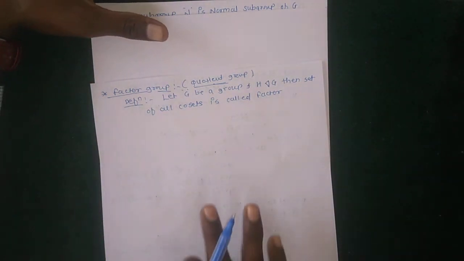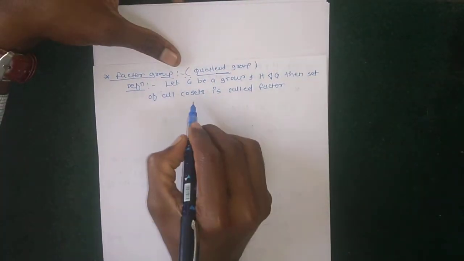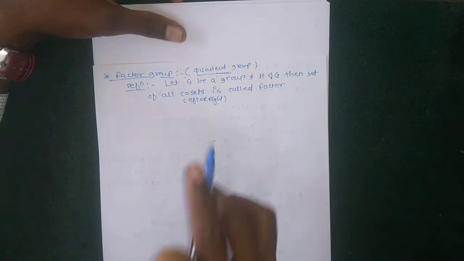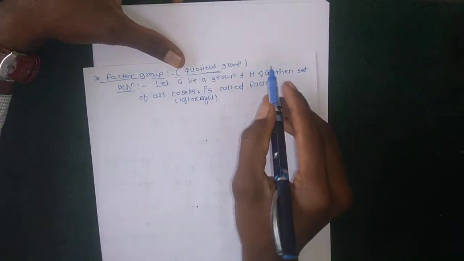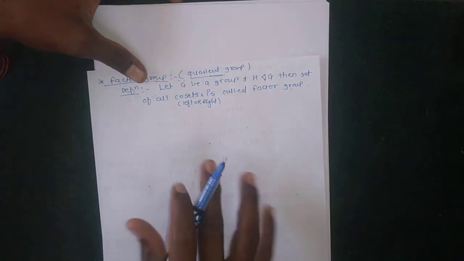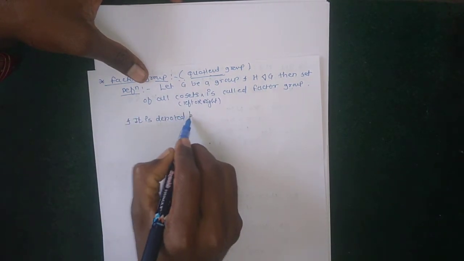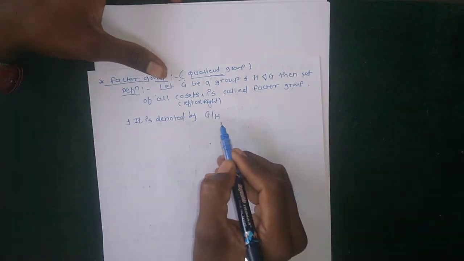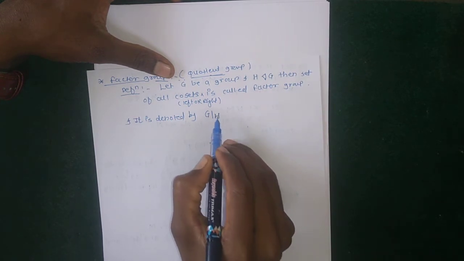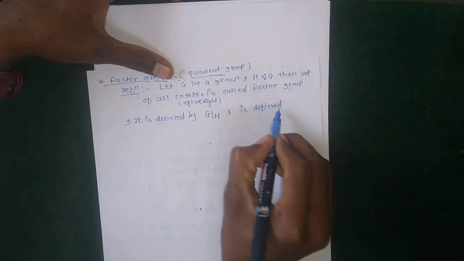Okay, and H is a normal subgroup of G, then all cosets, left or right, is called factor group, and it is denoted by G over H, written as G with a line and H. And it is defined by